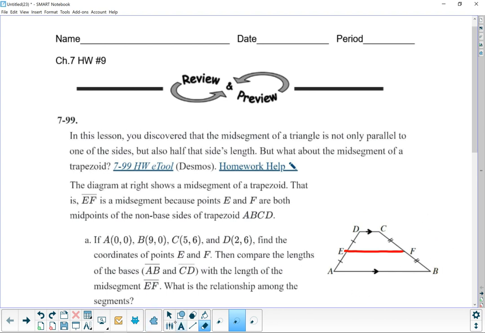It says A equals 0, 0, B equals 9, 0, C equals 5, 6, and D equals 2, 6. Find the coordinates of E and F. Okay, so E,